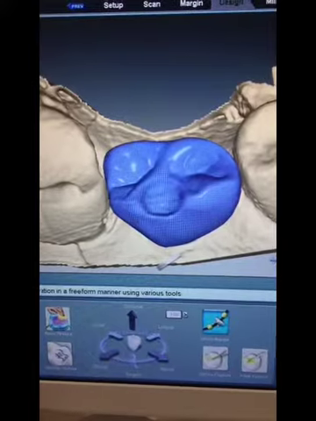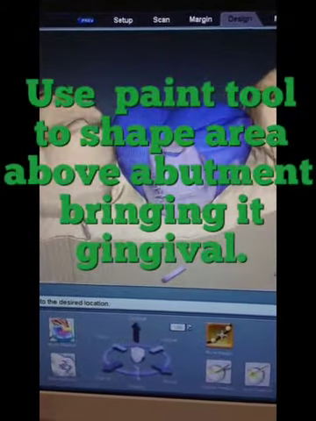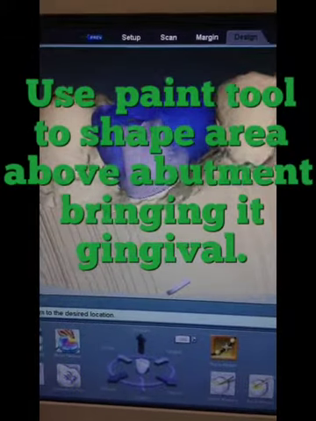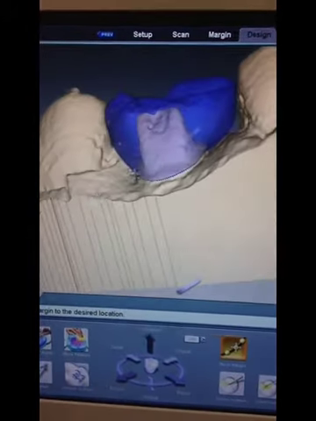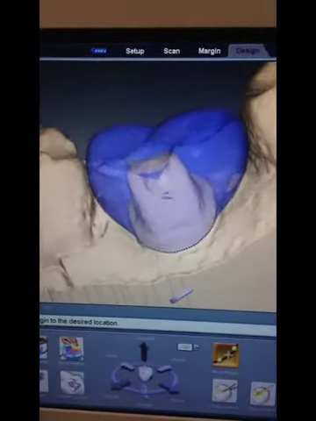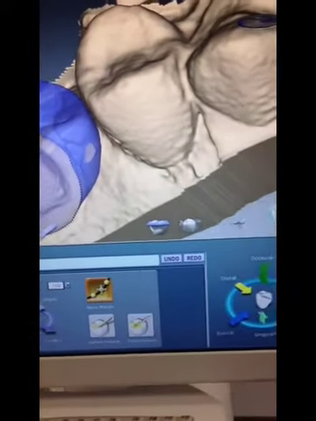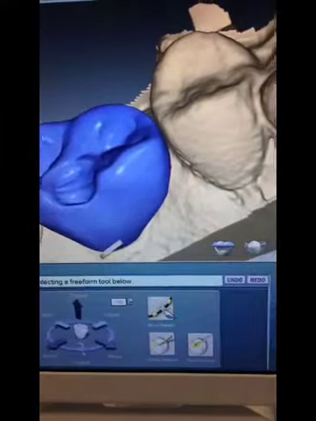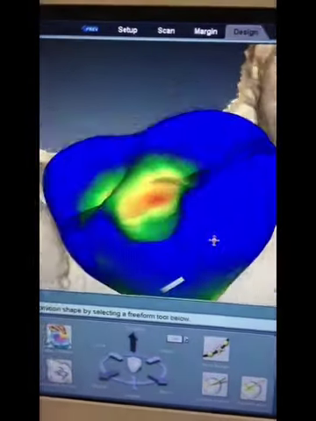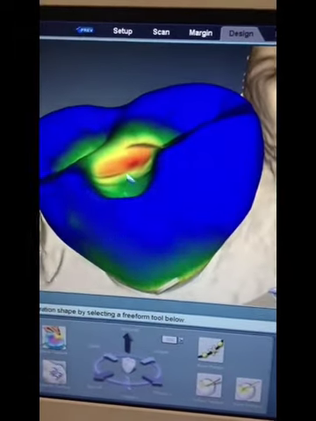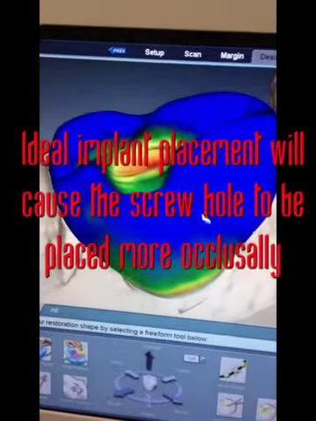if you go up here to make the adjustments, what we do is we go to move margin, and basically what we're trying to do is take down the area right here above the crown, not completely, but the area right here above the crown. And if we go over here and we hit this, we can see that we're real thin right there. And that's what we want, okay? Because ultimately we're going to be making a hole right here so that we can do a